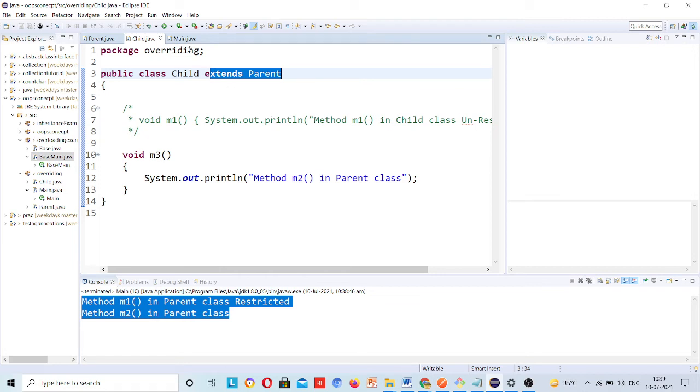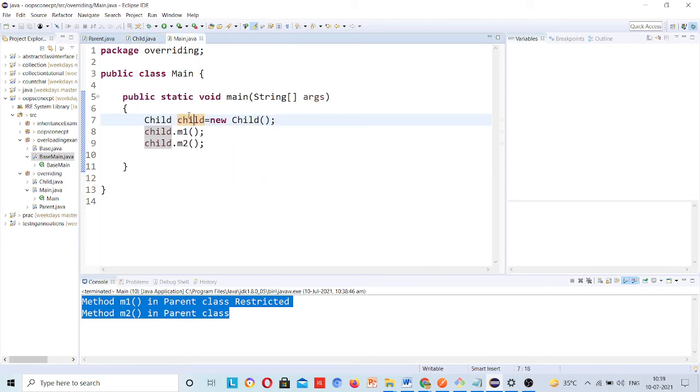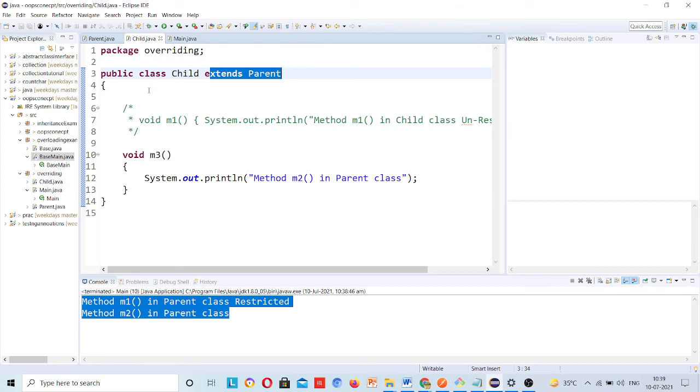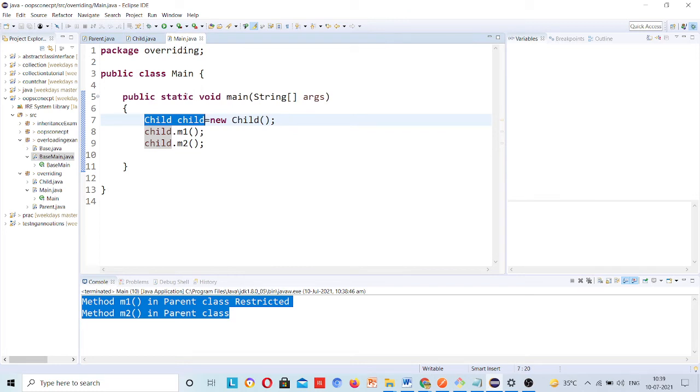No, why would it? Because I have created the reference for the child class only here. If you use the parent reference here, then it will be a question. In the current situation, whatever the code is written, first ask that question, then I will write whatever you are saying.